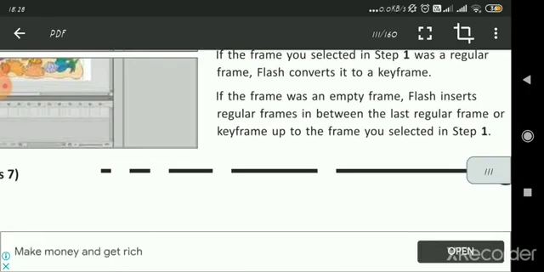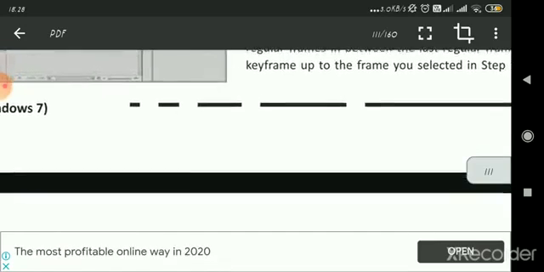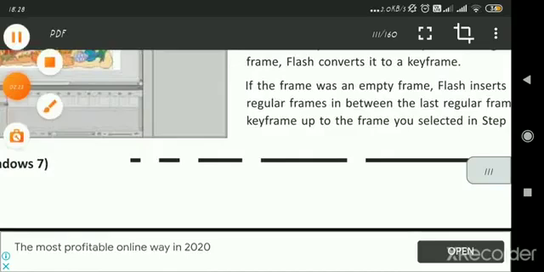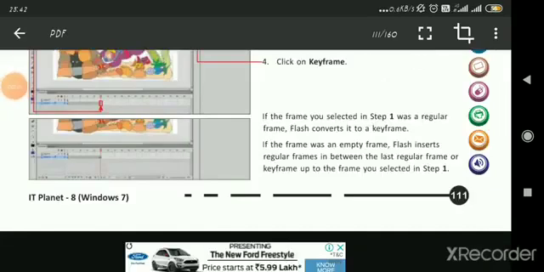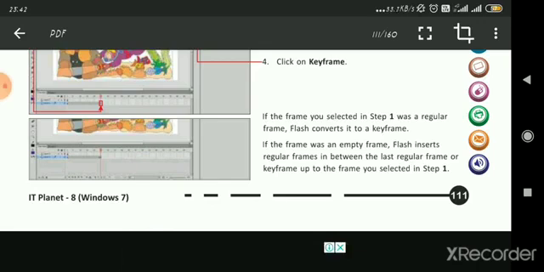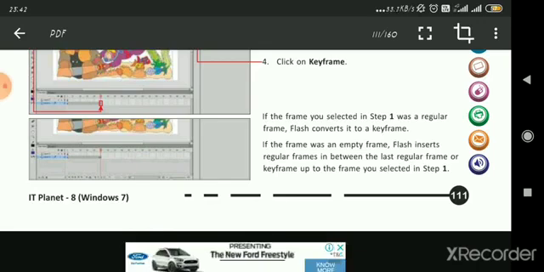And if the frame was an empty frame, Flash inserts regular frames in between the last regular frame or keyframe up to the frame you selected in step 1. So this is the process of how you will set a frame.